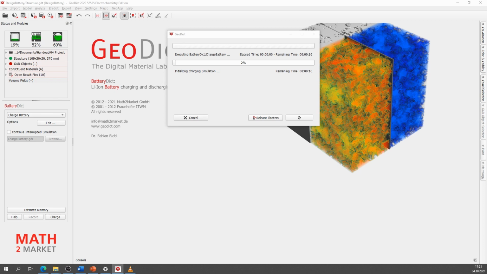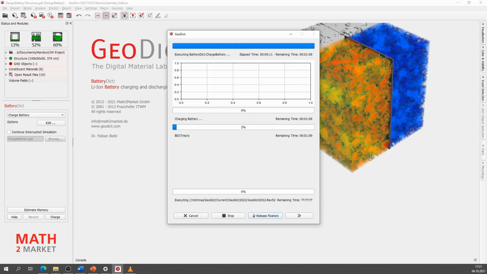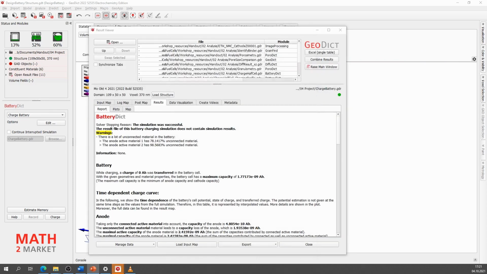And I got an error message because there's a lot of unconnected material. I'm going to ignore this for this workshop now, but maybe the simulation results will not be the best. And it's charging now, and we wait some minutes, and we can see the result file where the warning is written bigger, and that's quite well, because like this we avoid doing some mistakes.